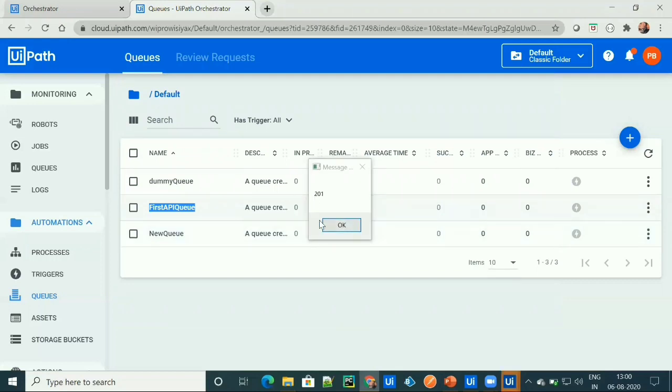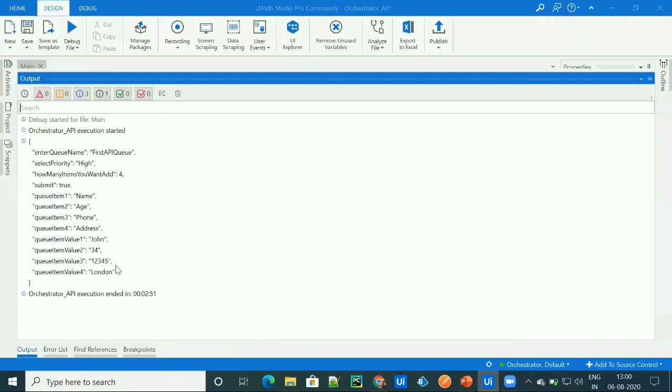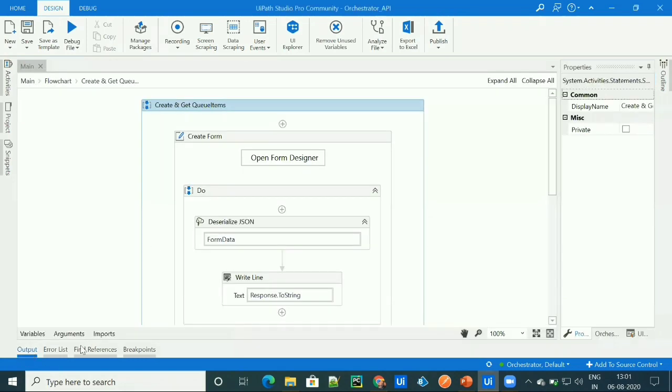As we can see here, we got the status code, which is 201. That means our resource has been created. So our workflow has finished its execution and our data has been added to the queue. Let's go ahead and see the queue.